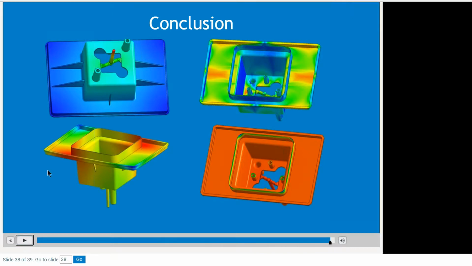Okay, very clear, very simple, very precise, very focused. That's what we try to do in our lessons. And it was a very simple lesson, but a very powerful lesson that when trying to gate a new part, you really need to evaluate all options. There are simple options for tool design reasons. There are more challenging options to integrate into a mold, but often